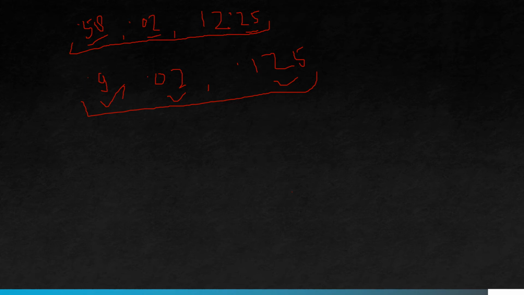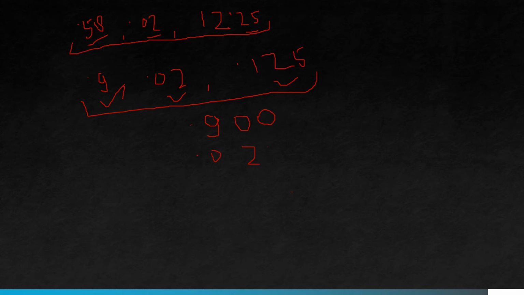Now how will you convert these unlike decimals to like decimals? What you have to do is first find out the maximum number of digits after the decimal. There are three numbers, right? 1 2 5. So for each decimal I can write like this: 0.9, and we have to convert it into three digits. We can put two zeros over here, right? 0.900.